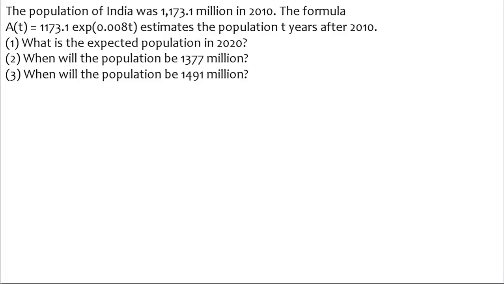Hey everyone, in this video we're going to take a look at solving this word problem about the population of India. It says that the population of India was 1,173.1 million in 2010. The formula A of t equals 1,173.1 times the exponential function of 0.008t estimates the population t years after 2010, and we're going to figure out what the expected population is in